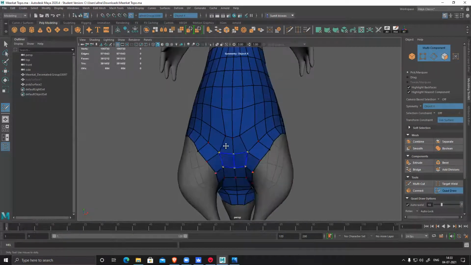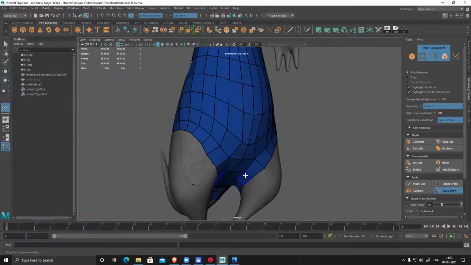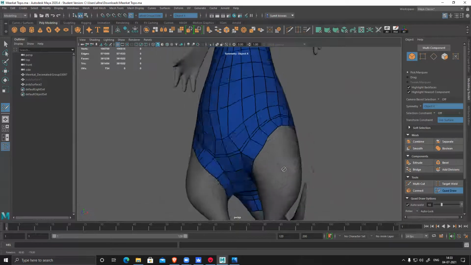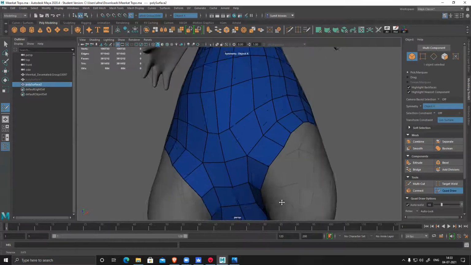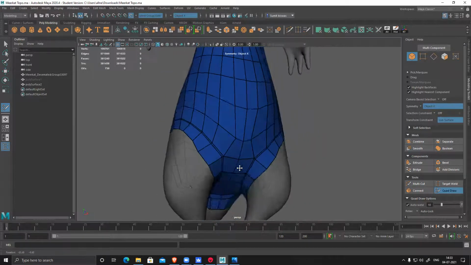Okay, and after baking, it will hold the shape. And if you want to make this a little more prominent, what I can do is, max to max, add one more loop here just to hold this, or inside here, to separate the thighs from the belly.